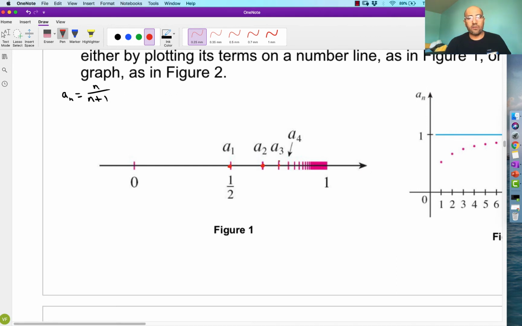So at each point, you have to identify where the dot is on the horizontal line, and also identify whether it's the first one, the second one, the third one, the fourth one, the fifth one. Now in this case, they keep marching gradually toward 1. So it makes it pretty easy to know that this is the next one. Even though they didn't write anything, it's an easy conclusion that the one right next to it, this one, is going to be a sub 5.